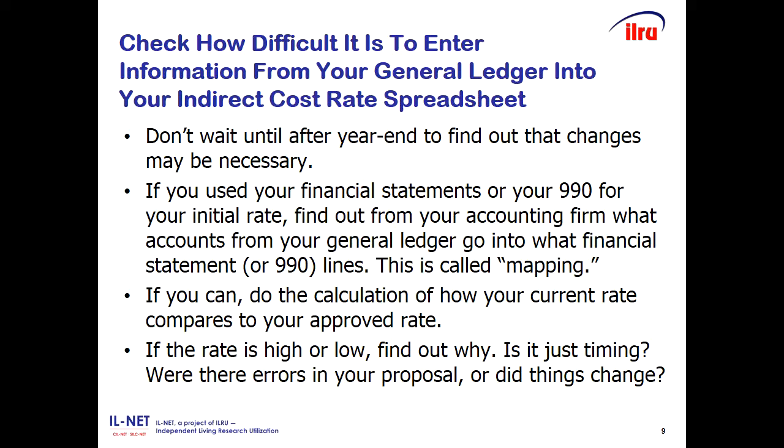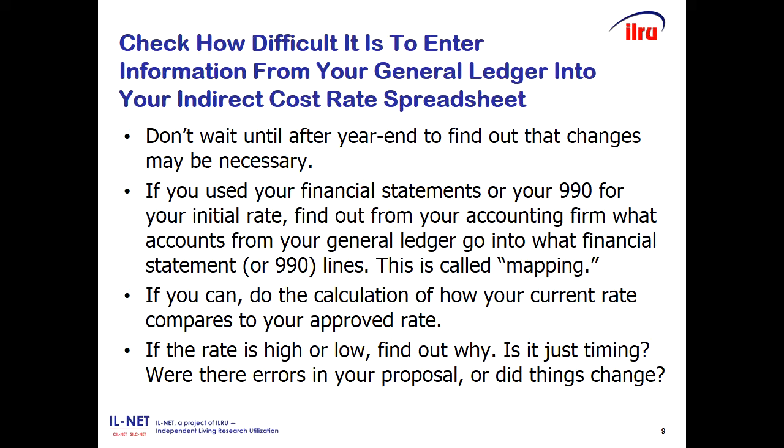They call that mapping, where you take several general ledger accounts and map them all to an account in your financial statement there. And if you can, do a calculation of how your current rate compares to your approved rate,